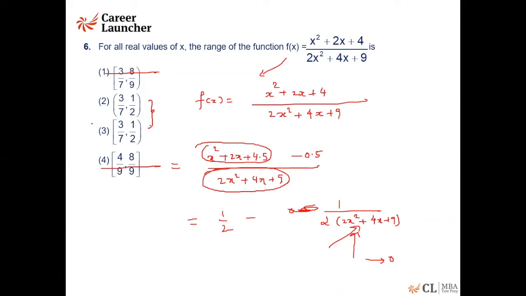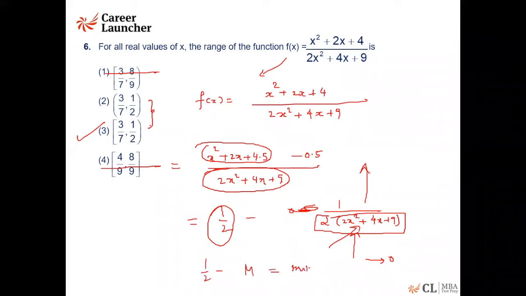So if I were to make a guess at this stage, I would have made this guess as 3 and moved on. However, if I want to know the exact minimum value, I would say that, okay, this is given. In order to minimize this, we want to maximize what is there after the negative, which means 1 by 2, the minus maximum, will give you the minimum value of the expression. So to get the maximum of this, the denominator must be as small as possible.